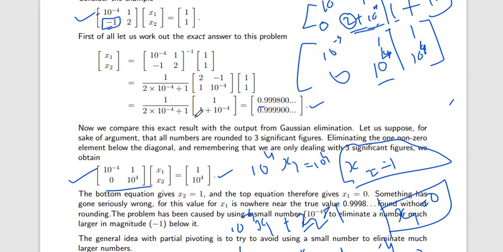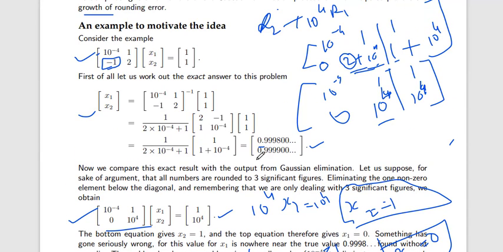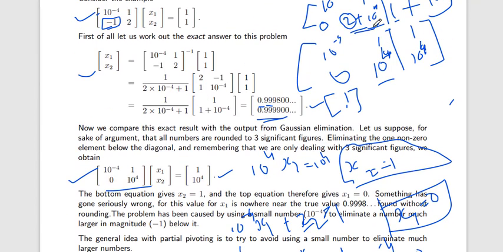But with the help of the inverse method, a different method, you can see that x1 and x2 will be 1 and 1. Okay, so which method is right? With the help of Gaussian elimination we identify the answer as x1 is equal to 0 and x2 is equal to 1. Here the inverse method gives 1 and 1.